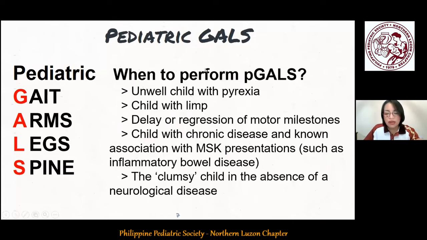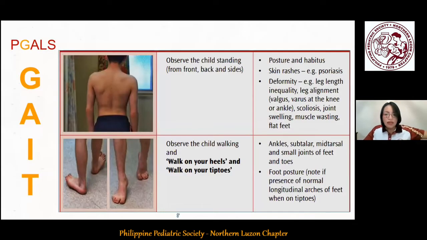Why? Because the child may be clumsy because of muscle weakness, probably secondary to JDM or juvenile dermatomyositis or other conditions. Okay, so we start by examining the back for posture, rash, and deformities, then followed by letting,